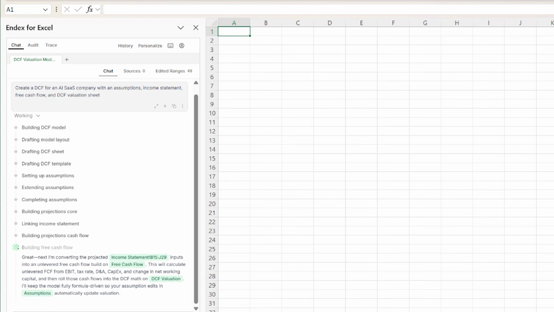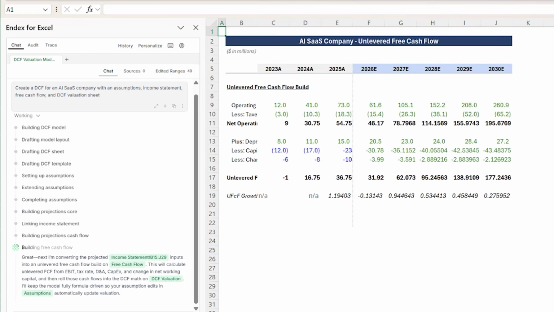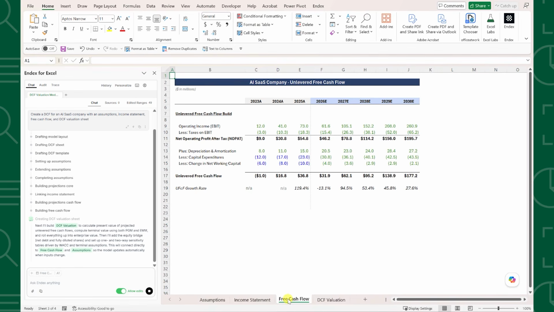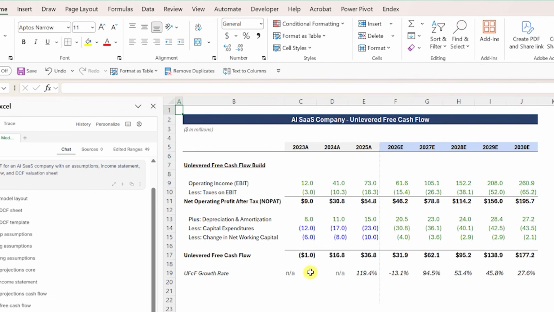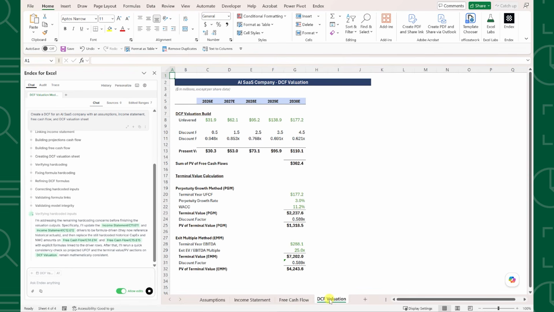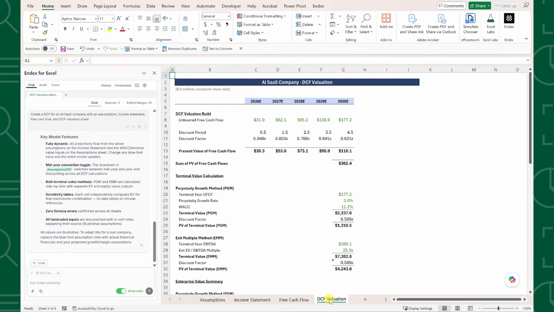Here's what really blows my mind. Endex isn't just copying and pasting numbers into worksheets, it's actually writing real Excel formulas that reference the other worksheets in the model, just like a professional financial analyst would. So if you click on any of the cells in your model, you'll see these aren't just hard-coded numbers. Everything is dynamically linked to the underlying drivers in the assumption sheet. So if we update any of our assumptions later on, the entire model will automatically recalculate based on the new